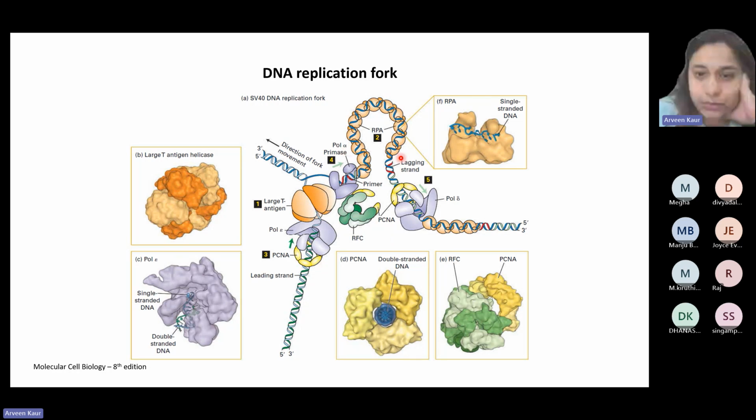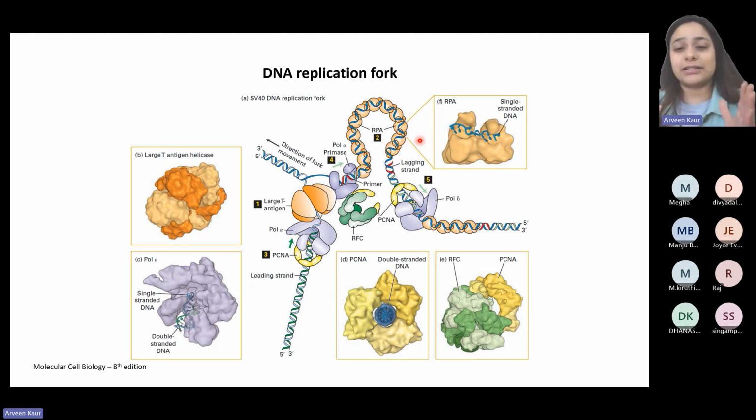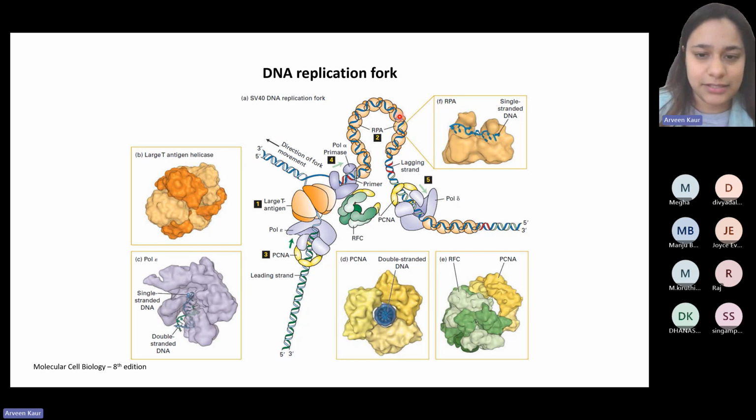After this, going to 2 is RPA. Now, what is RPA? RPA is basically a protein, and these are individual RPA proteins, right? These are going to go and bind to single-stranded DNA, right? Until a new strand is being synthesized on it, they are going to sit on the single-stranded DNA so that it doesn't bind to itself. There is no self binding that occurs. So it is going to stick on those strands such that they are drawn apart, right? So that is what this RPA is.